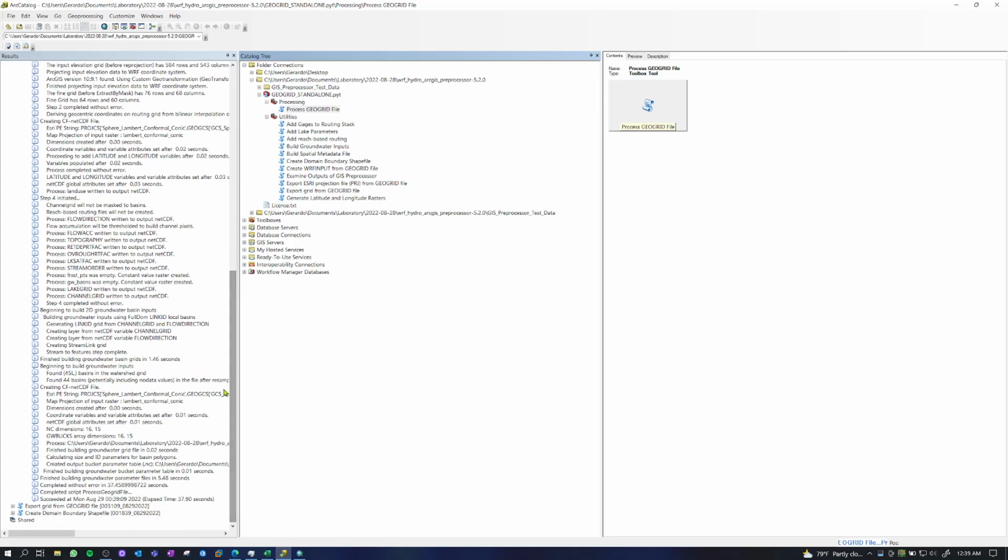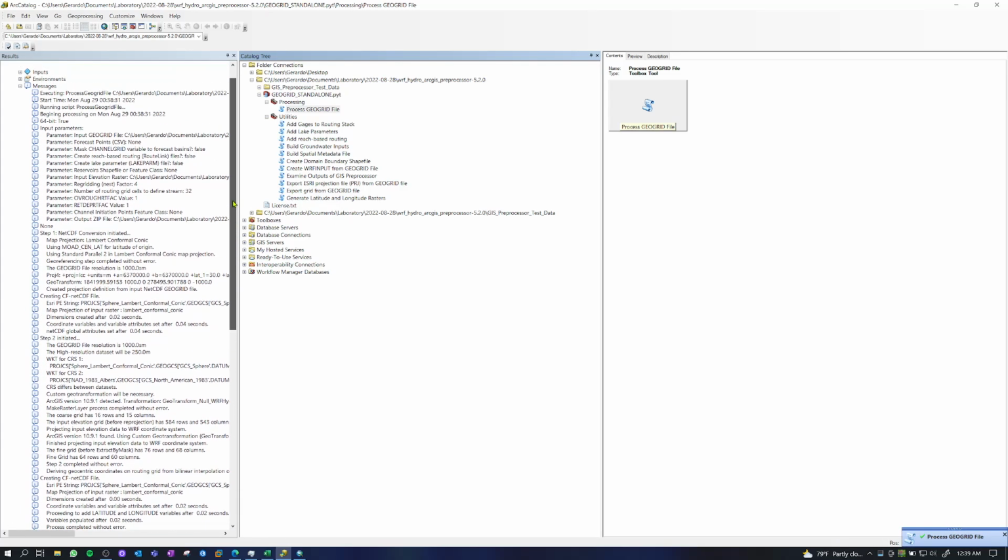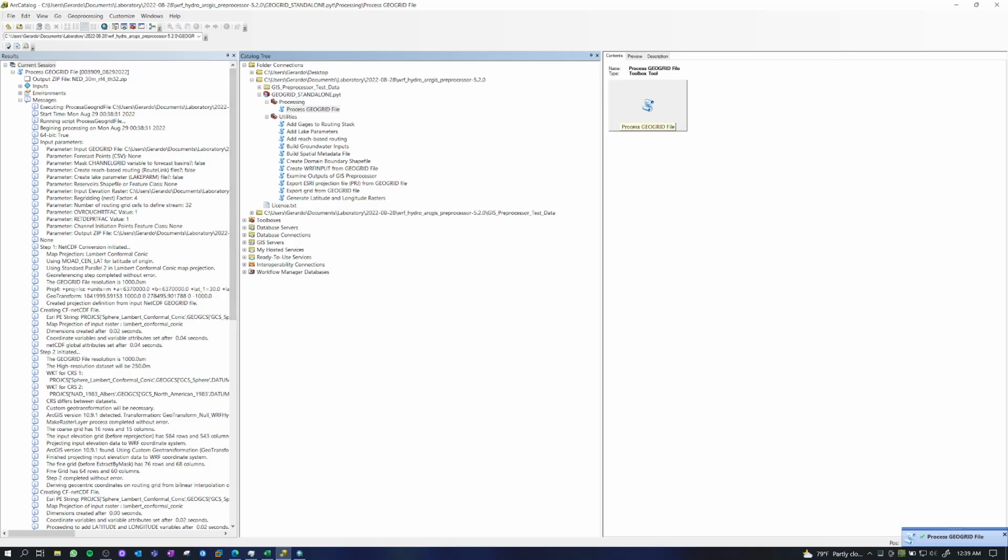Okay, it says it has succeeded. And there's an output file, NED 30 meter RF4 threshold 32 .zip. Let's look at that file. So if we open up the zip file,